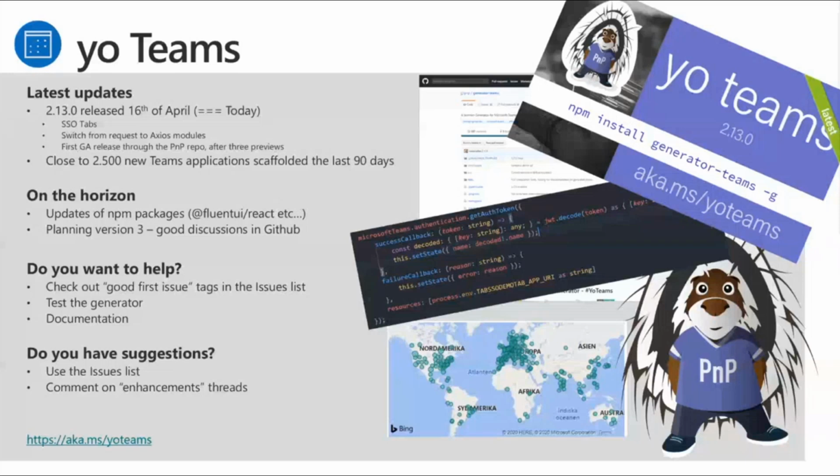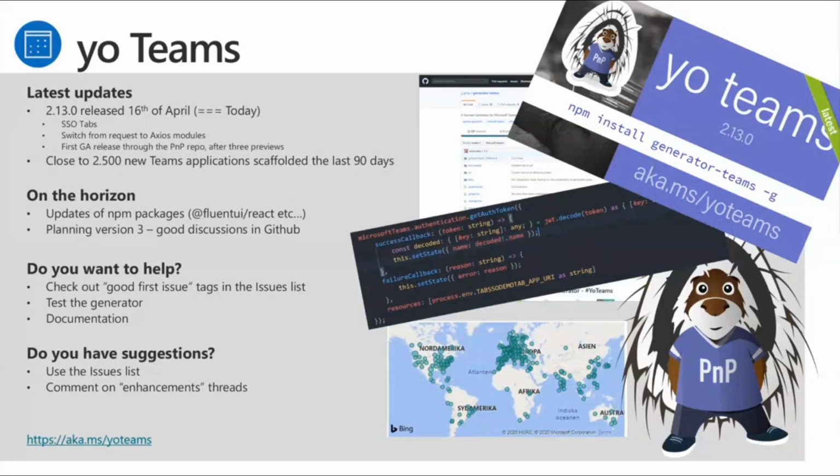Excellent. Thank you, Victor. 2,500 is quite a lot, actually. It's good to see that people are adopting the Teams extensibility model as well. It's not 10 billion scaffolded apps yet. Yet. But again, it's a journey, one step at a time. Adoption grows, and eventually, we've seen this so many times with so many projects. What we're only measuring here is how many applications are being generated, not how much they are used, so of course, those are very different numbers. Yep. Absolutely. Cool. Thank you, Victor, for that one.